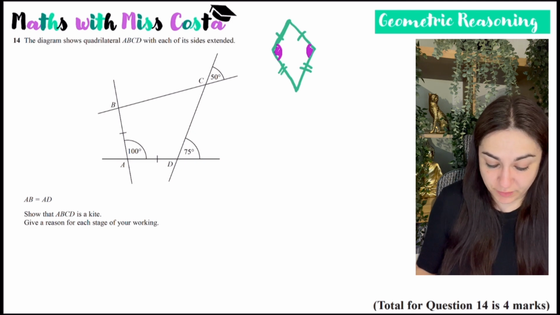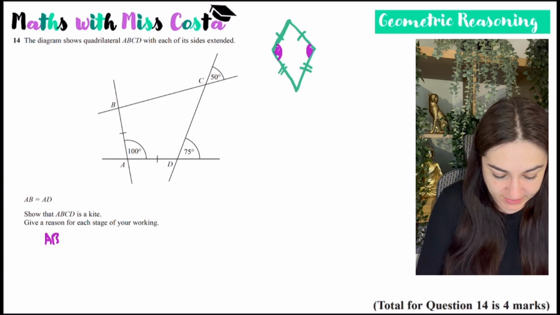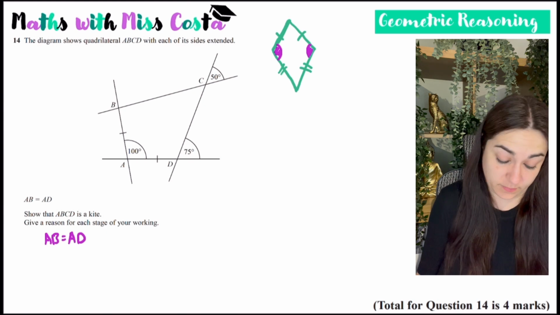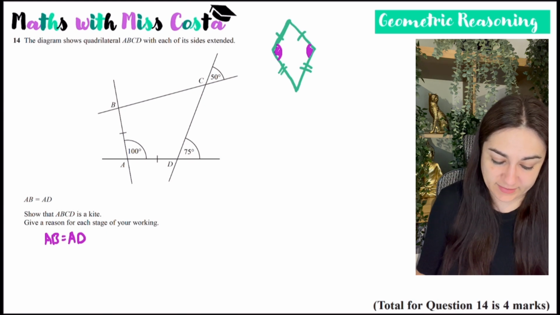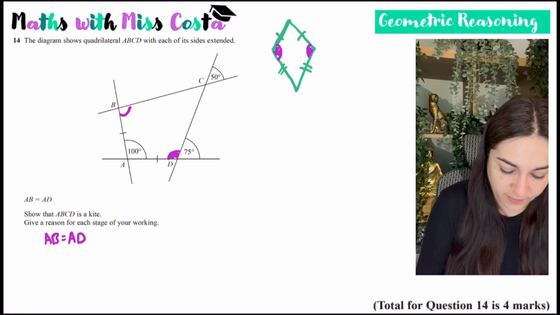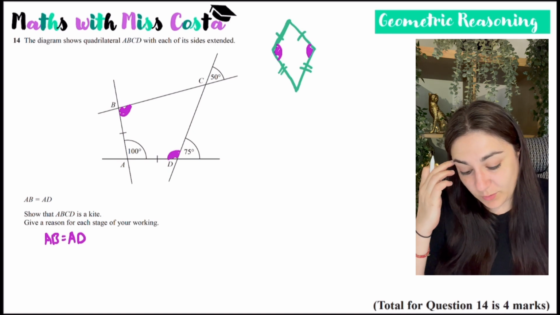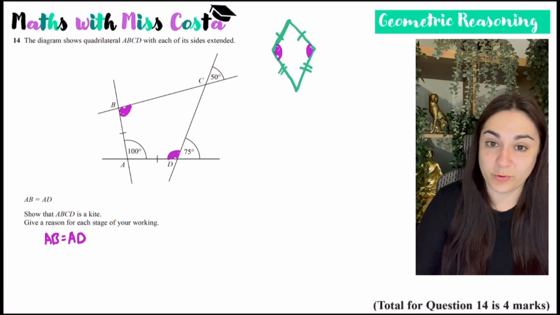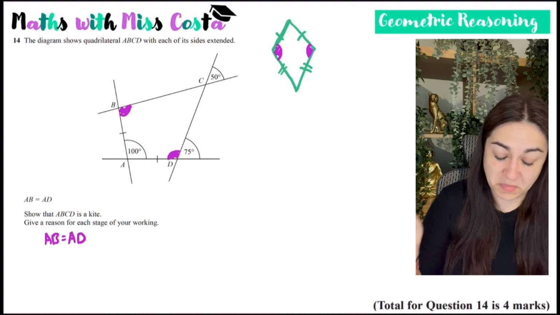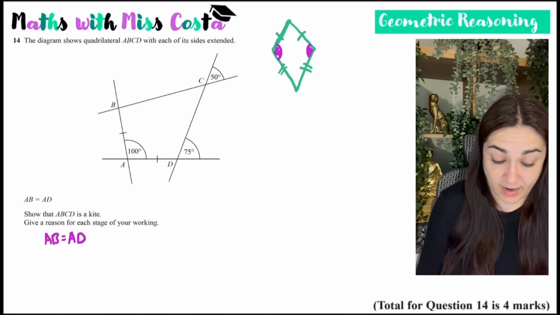So in order to prove this is a kite, I already know that AB equals AD. I've been told that. So what I'm going to need to do is work out the other angles and show that this angle and this angle are the same. So it is quite a tricky question if you don't know what the properties of a kite are, but you'd still be able to pick up marks just by working out, you know, different angles. So